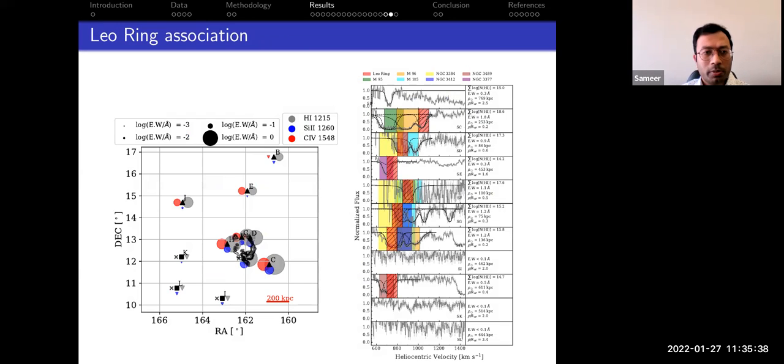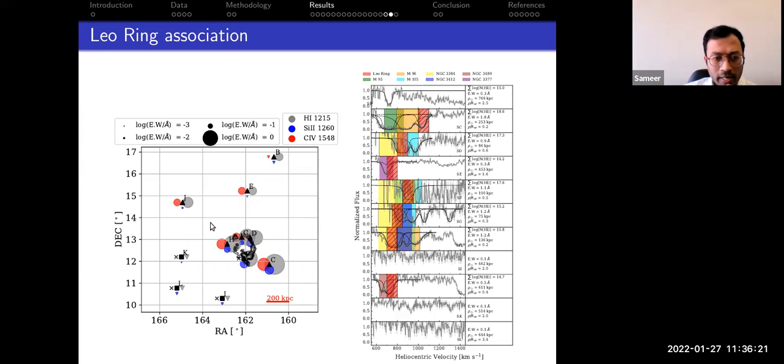Now to the absorption along all these sightlines, we have now estimated the LP parameter and determined which galaxies are contributing. So here I have summarized in these different panels the Lyman alpha absorption seen towards all the sightlines, and the potential candidate galaxies contributing to the absorption seen in these components. So for example, for sightline C, we have M95 and M96 potentially contributing. There it is M96, and then these red hatched lines are Leo ring